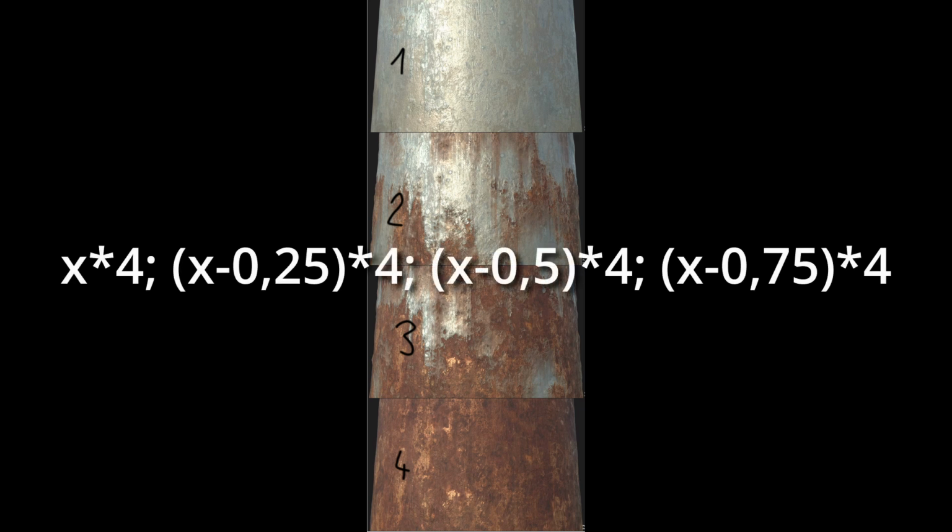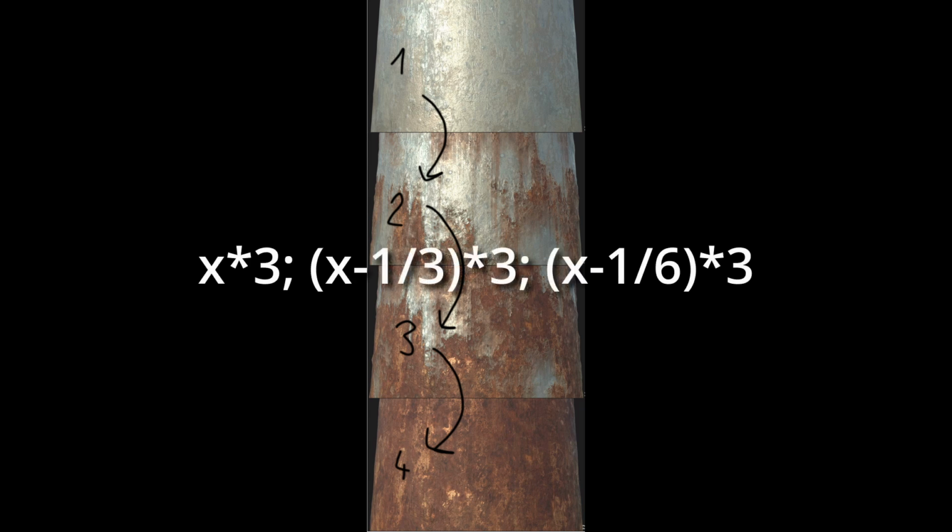It took a while to figure out the formula for it. I've written down, but then I figured out one was extra. I couldn't figure out why it wasn't 4 formulas, but just 3. I realized there were only 3 transitions, 1 to 2, 2 to 3, 3 to 4. So the formula was actually...